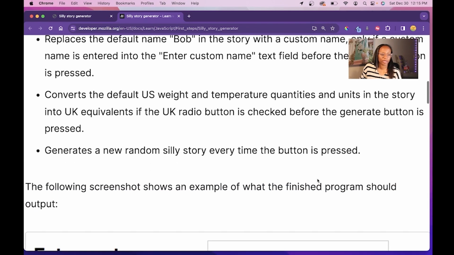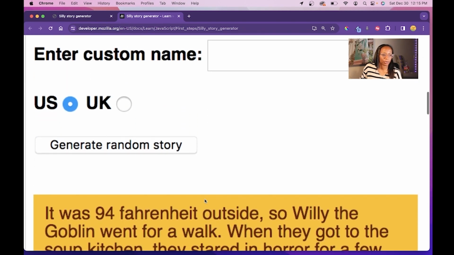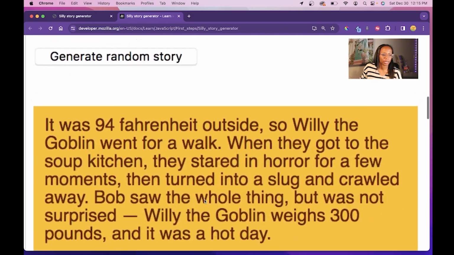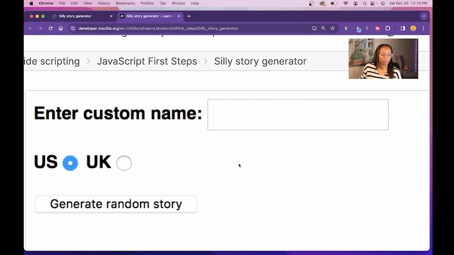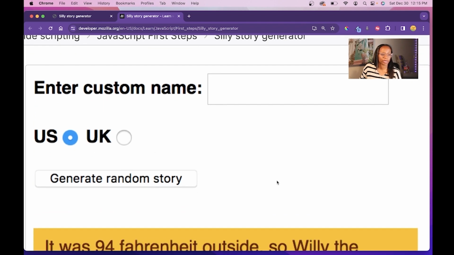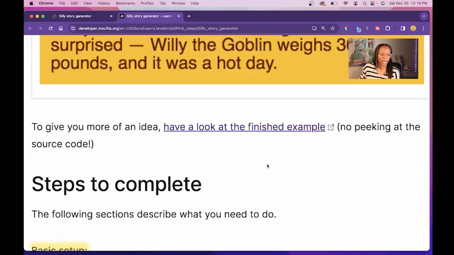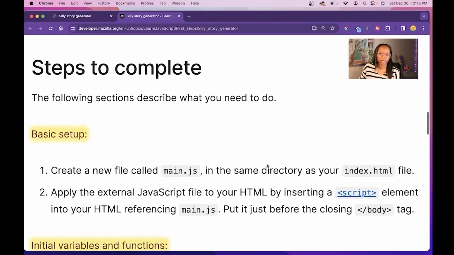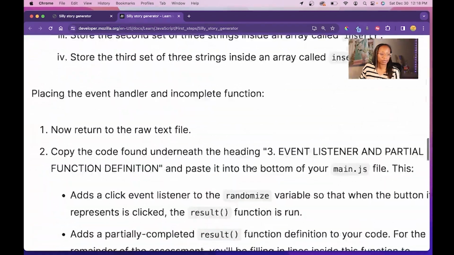The following screenshot shows an example of what the finished program should output. So this is an example output once the code is working. So when a user enters a custom name, selects US or UK, whichever version, and then generates random story, then it should print out the story. And then below that, they give the steps to complete. So I'll be working through these steps to get this up and running. Scrolling down just a little bit more,